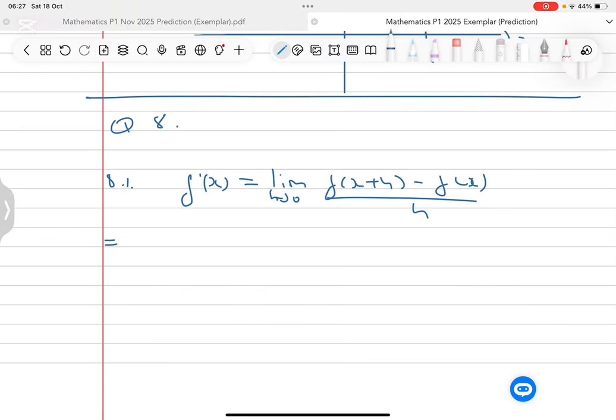Now from here, we'll just run the operation using this equation. We are going to then say the limit of, remember my function here is given as f of x is equal to minus x squared plus 4x plus 2. So here it means where we see the value of x, we are going to put x plus h. So this means here I'm going to have a negative x plus h